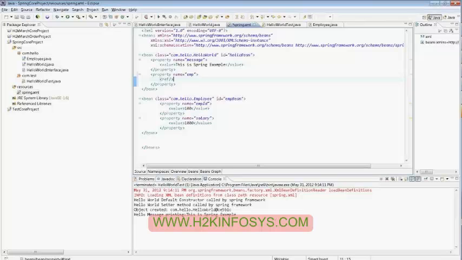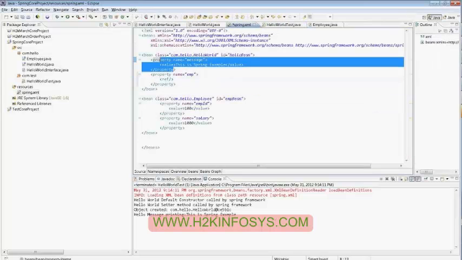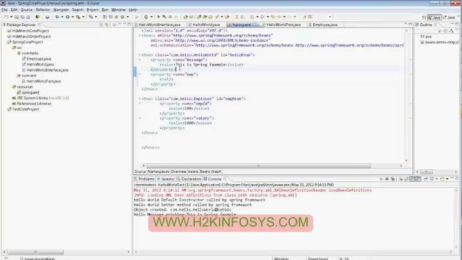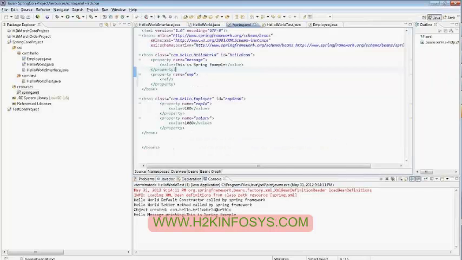It's not mandatory. If you want the object to be available during your bean reference, see, currently I'm asking to get the bean here. It will go and get the bean. I'm asking go and get the bean with name or with ID hello bean. Spring will get the bean. That's fine. Previously you have asked the message property to be injected, and it has injected and provided that to you. But currently you have employee. If you haven't set the employee properly, it won't inject the employee and it won't provide it along with your hello bean. So when you call get employee,